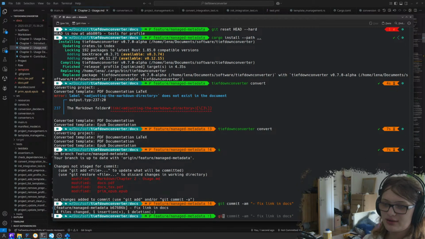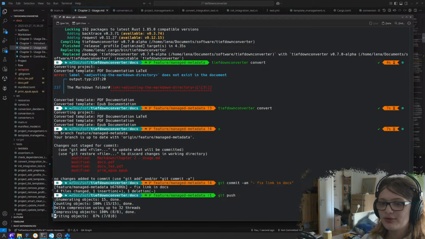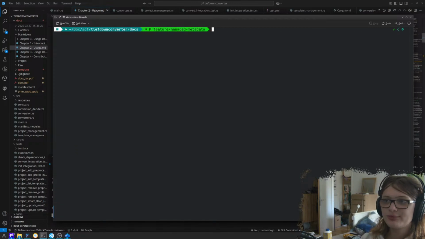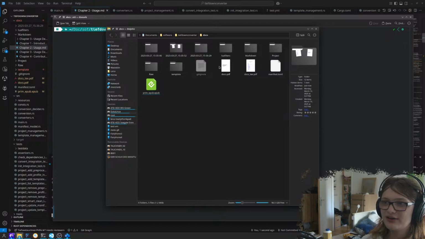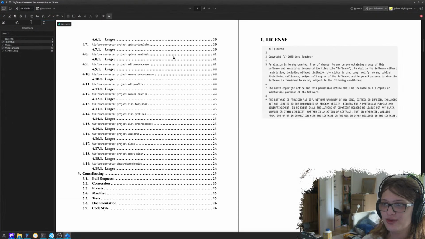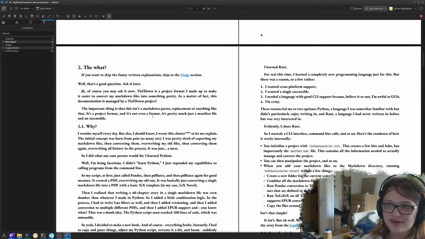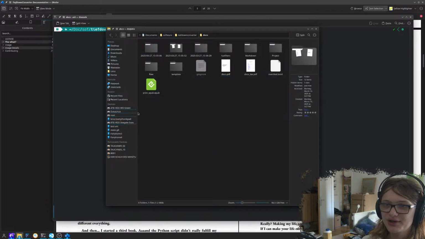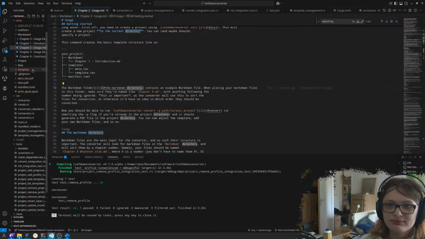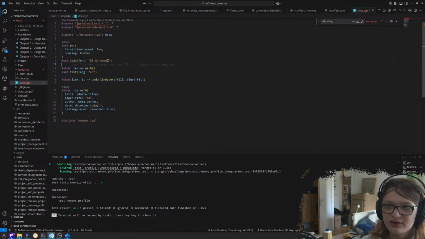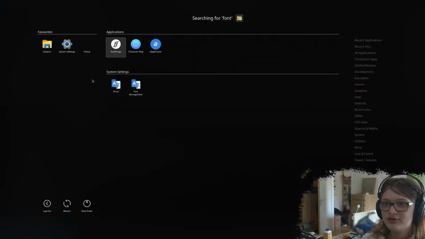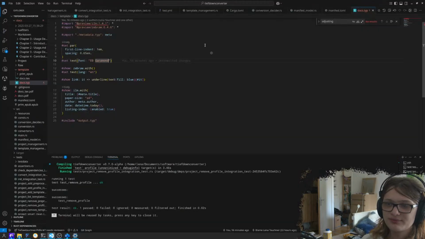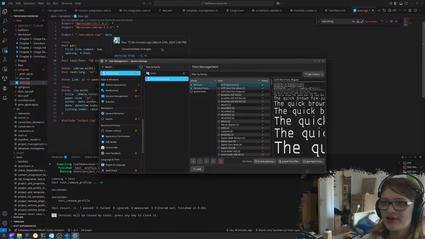Okay, where were we? Right, so the idea is to be able to change and quickly compile all the things like the documentations. That is not good. That is absolutely not good. What the hell? What is fonts management? I'm getting sidetracked. I'm sorry, but this is